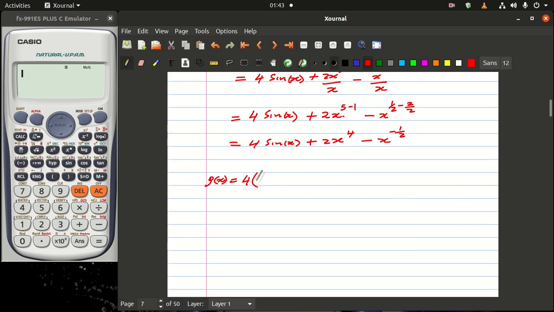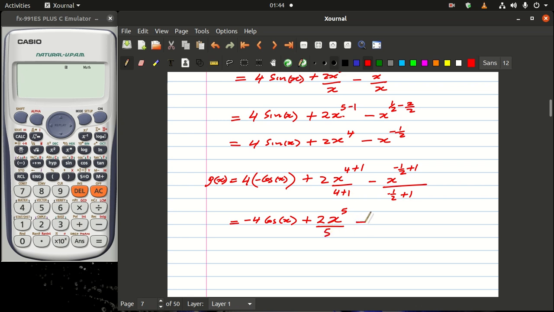So here we'll end up having minus cosine of x and plus, here I have a 2, I have x to the 4, and of course because this one is a power function, I just have to add a 1 there and then divide by 4 plus 1. That's simple as it. Minus x raised to minus 1 over 2, I have to add a 1, and then I have to divide by minus 1 over 2 plus 1. That's simple at its best. So this one is going to be minus 4 times cosine of x, and then plus, and then if you look carefully into this, I still have a 2, I have x to 4 plus 1, that is a 5, and then divide this whole thing by 4 plus 1, that is a 5, minus. And then if you look into this one here, I'm actually having x raised to minus 1 over 2 plus 1. That is the same as